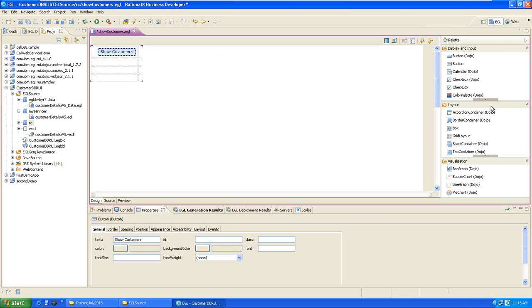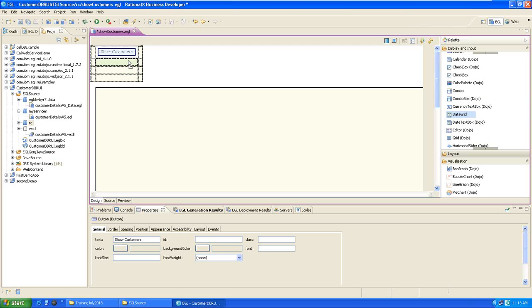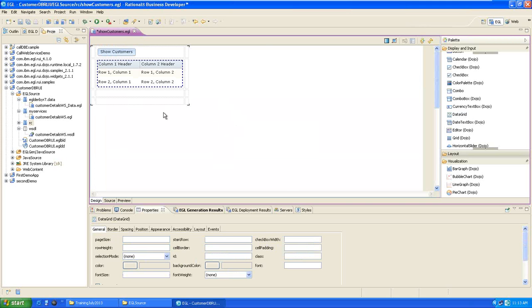Okay, and now we have to use a grid here, maybe a Dojo grid or a normal grid. Drop it here. Okay, save the file,